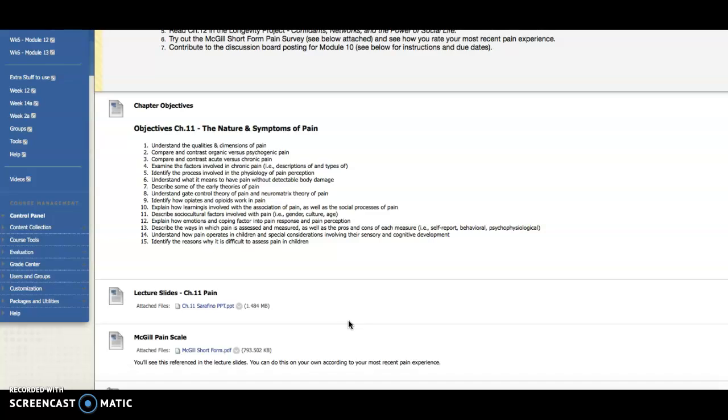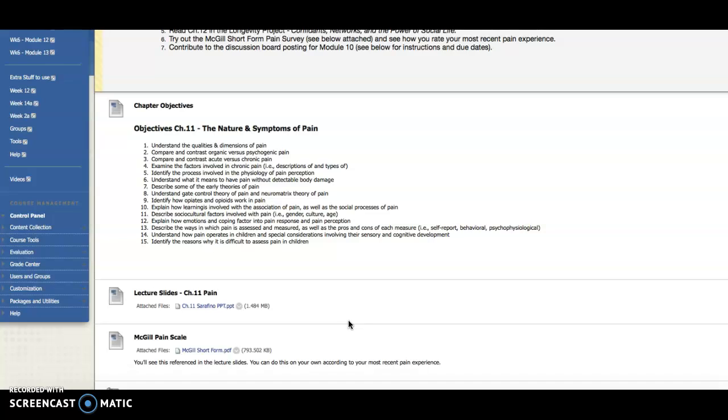We'll be taking a look at organic versus psychogenic pain, basically tissue damage versus more of the neural types of pain. And then as well, acute versus chronic pain. We have some pain that's very short term but can be very intense, like a good example would be childbirth. It is thought to be one of the most painful things a person can experience, but it's acute because the duration is short. Versus chronic pain can be a pain that could be very severe or not very severe, but last